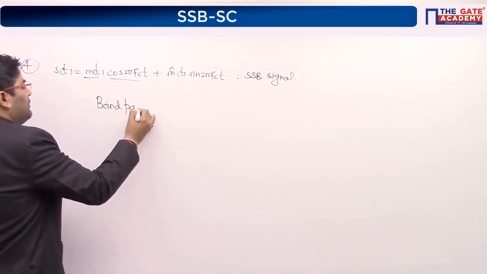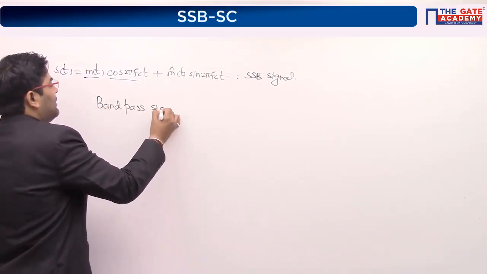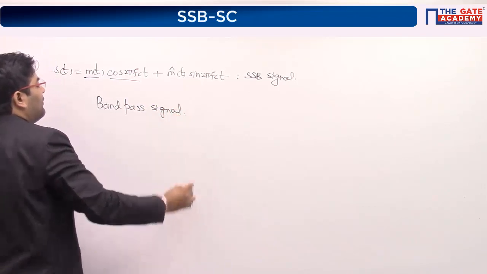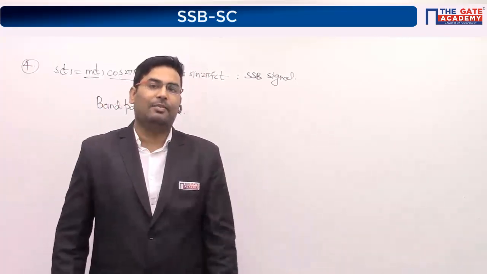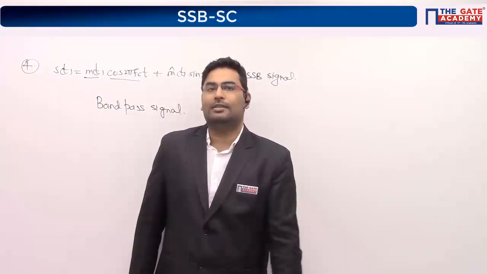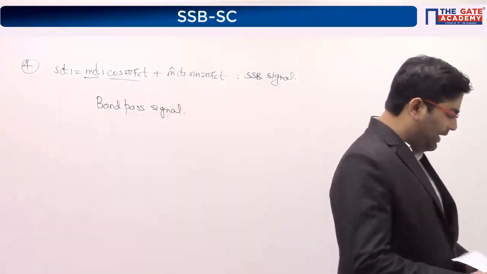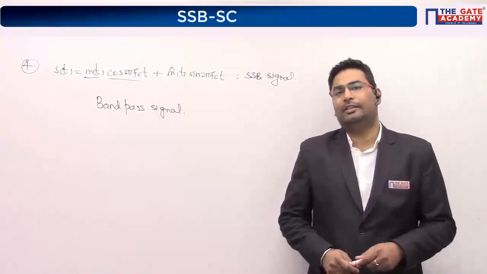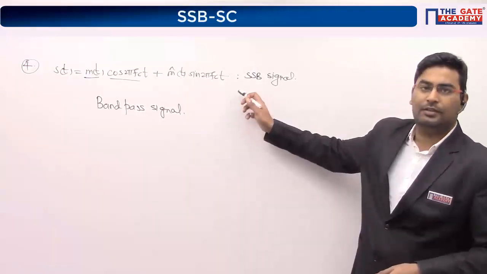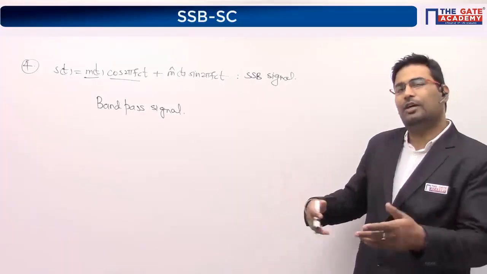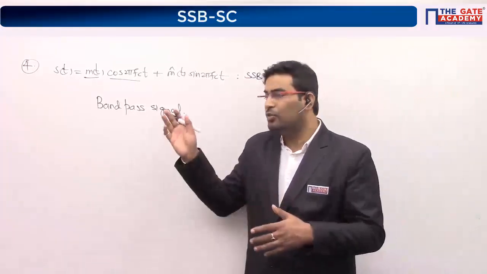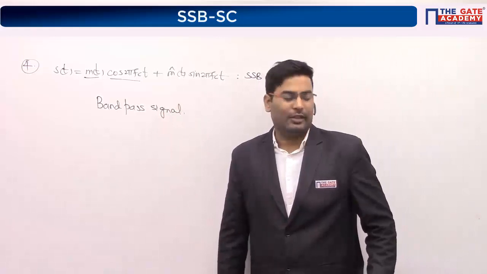And single sideband signal is a band pass signal. If you recall, today only I said, if you want a single sideband from double sideband, you are supposed to use a band pass filter and then you will get a band pass signal. And that's why it is a band pass signal. Now guys, I'm going to do the amazing derivation of this equation, right? If I would have given you this equation after the derivation, then you would have done this question easily. But I wanted to check who can get this correct before we go into that.